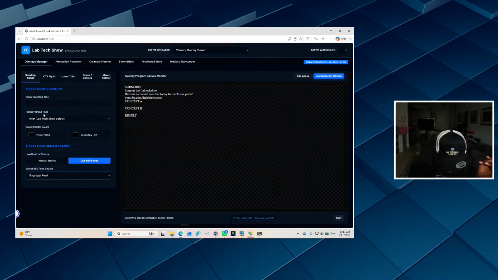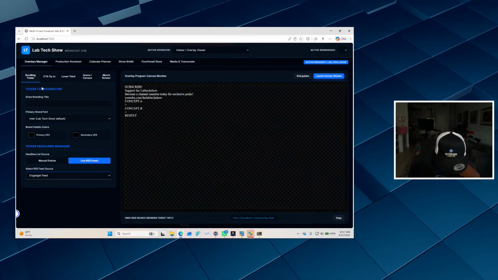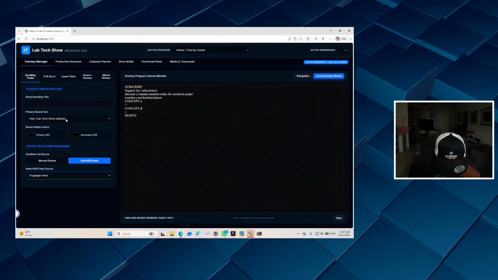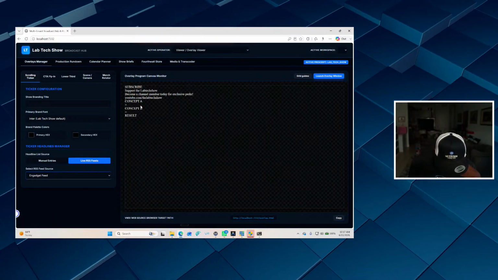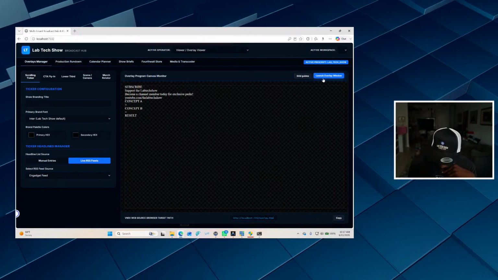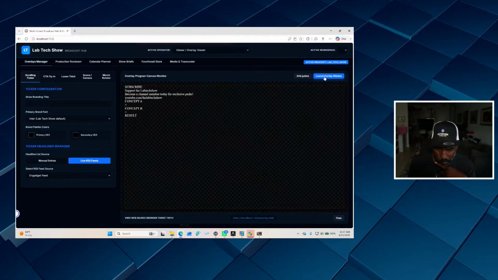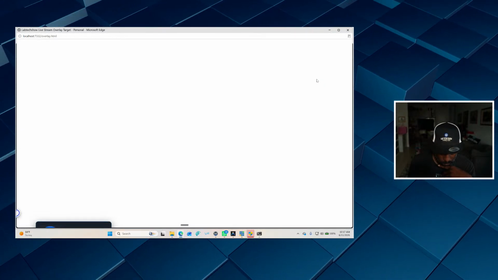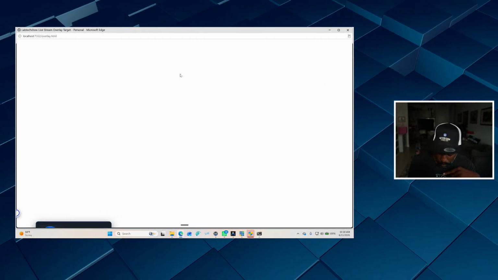Okay, so we got it, but now we just got to figure out how to make it work. Launch overlay window. There it is right there at the bottom.